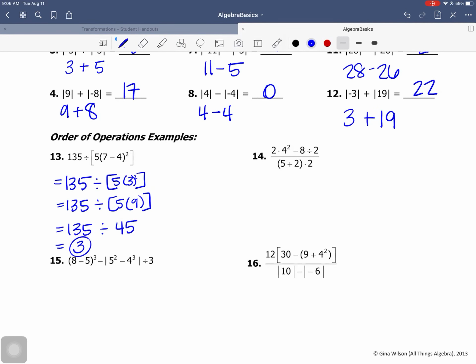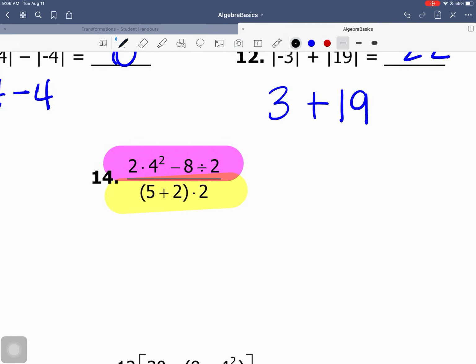Now, again, this is review. When we look at number 14, we are going to first complete what's in the numerator and then what is in the denominator, and then we will simplify. So,